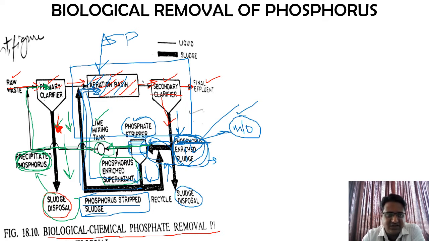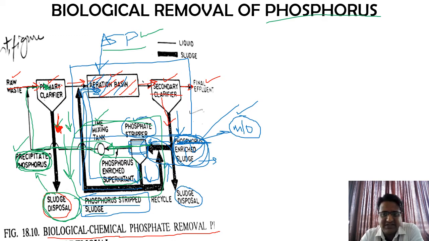Whenever you want to remove any nutrient, that is phosphorus, there is no need for specialized treatment units. The activated sludge process we use in conventional biological treatment can be used with a bit of modification, where you can get complete removal of these kinds of nutrients. Once these sludges have been collected, they can be dried in sludge drying beds, and once completely dried, they can be used for other purposes.